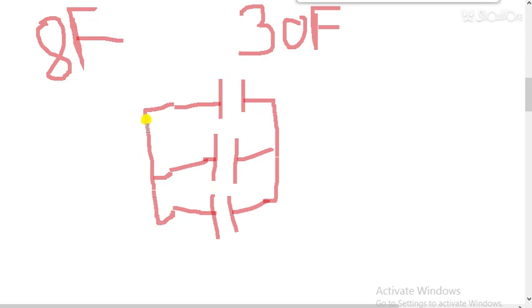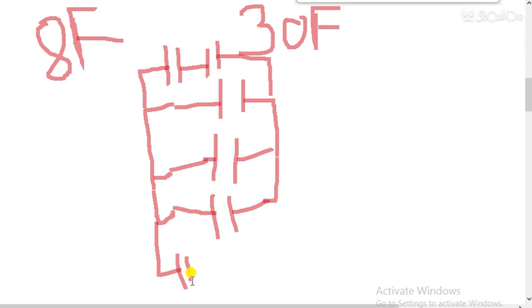So now I have to connect 2. Can I get 4 from it? Yes. So it is 24. 24 plus 4, 28. So here I have connected 2 capacitors. Now I have to connect 4 capacitors here, because 4 capacitors of 8 farad will give me the value 2. So to obtain 30 farad, I need this combination.